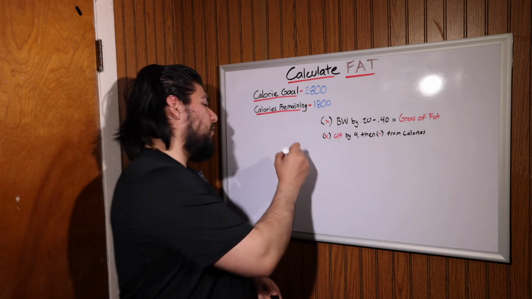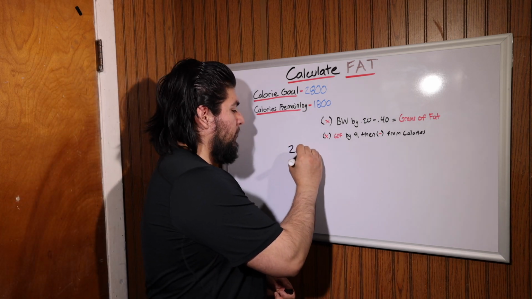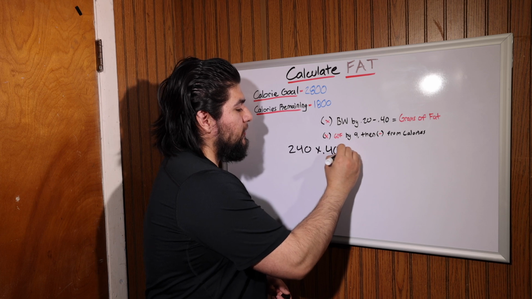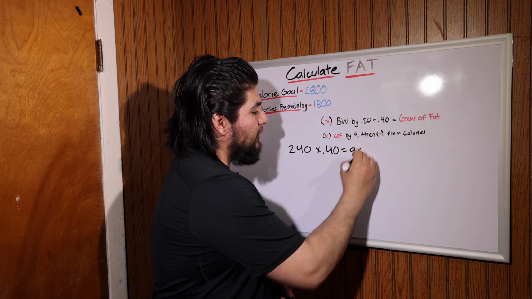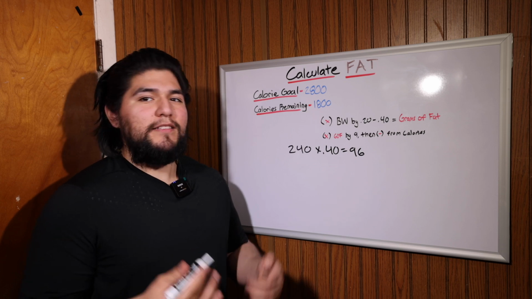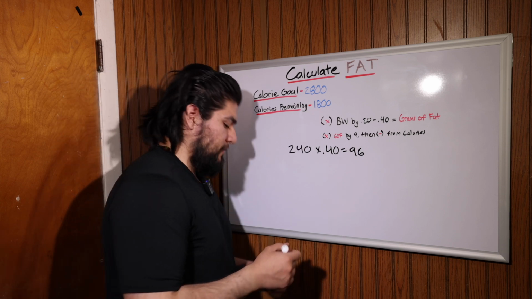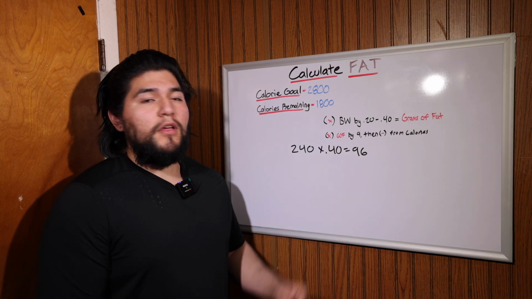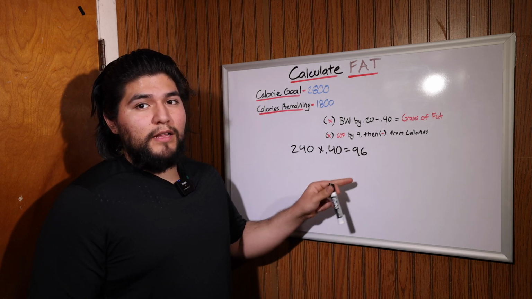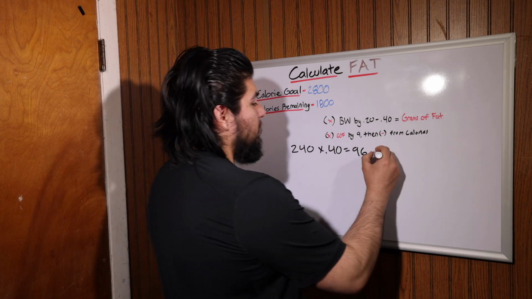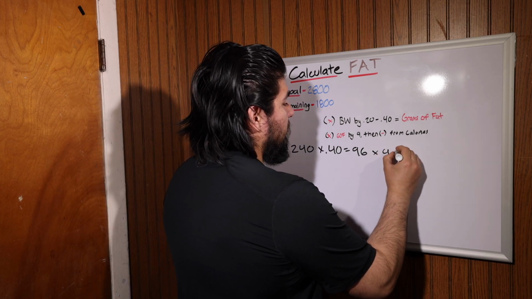But in my case, we're going to do 240 multiplied by 0.40, and that's going to give me 96. That's 96 grams of fat a day to maintain my body. Okay, so now that we've got our daily fat intake, 96, we're going to subtract it from our calories. So we multiply 96 by 9, and that's going to give us